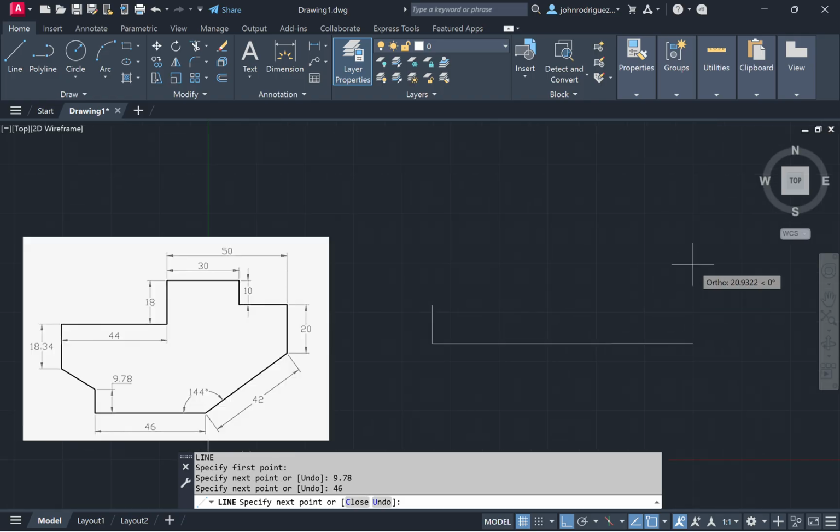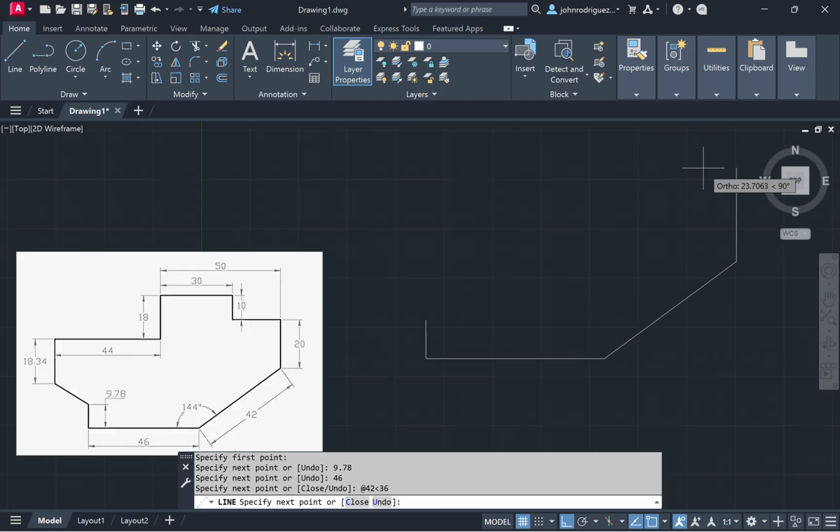And then the next line, we could do it by rotating. If you don't know rotate yet, you should be able to do this with the polar method. The polar method is when we put the distance and the angle. I'm going to type @. The distance of that line is 42, the less than symbol, and the angle is from 0. So 0 is to the right, and it shows 144 on the inside. We want what's left over if you were subtracting or calculating from 0. So it would be 180 minus 144, which makes it 36 degrees on the right side. That's our line. Then we go up 20,